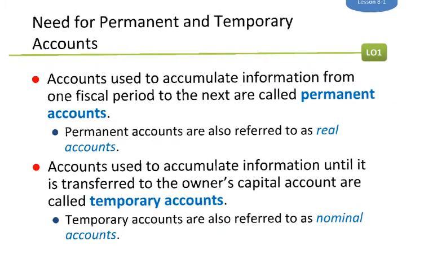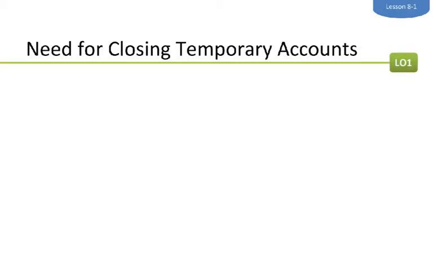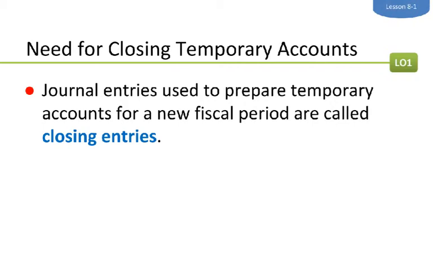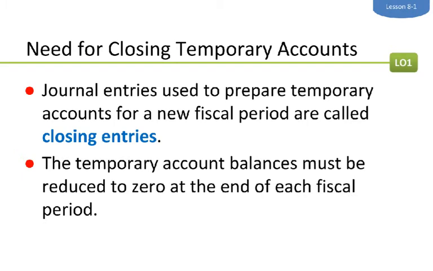Now there's a need to close these temporary accounts. That is because those account balances cannot be carried over from one period to the next. And the way that we close them is we use journal entries. Hence, they're called closing entries. Again, remember, just follow the logic in accounting. Temporary account balances must be reduced to zero at the end of each fiscal period. And that's what we're going to be working